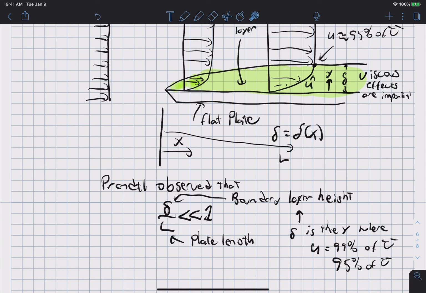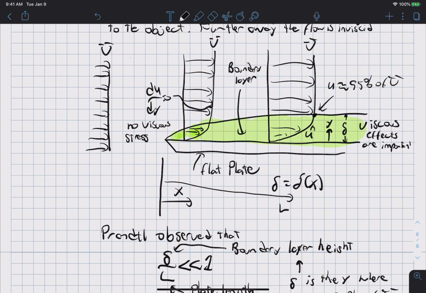velocity. And a characteristic of a boundary layer is that in the boundary layer there's a very sharp velocity gradient near the wall of the flat plate, and as you reach the top of the boundary layer, again, I'm not the best drawer in the world, but it's actually perfectly flat, and because du dy equals 0 above the boundary layer here, if it's a flat plate, there is no viscous stress. So the region above the boundary layer is inviscid,